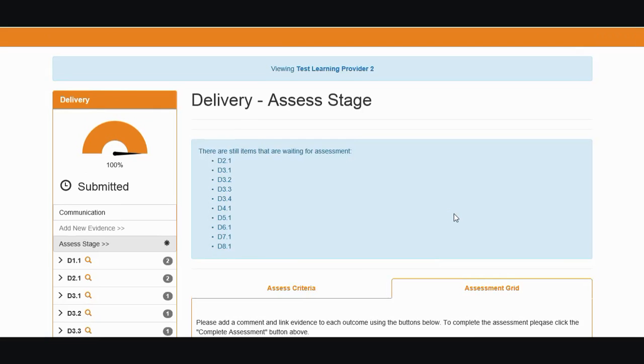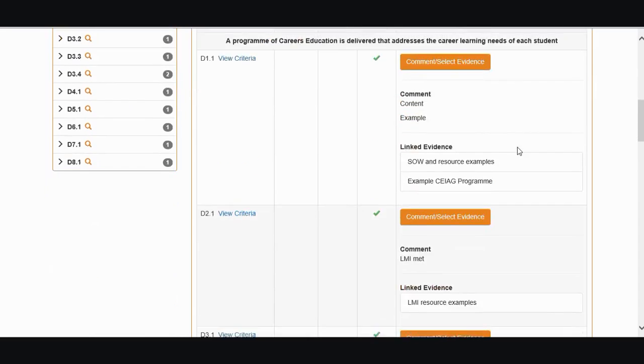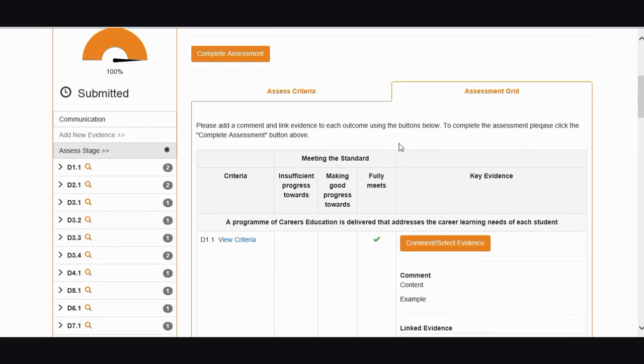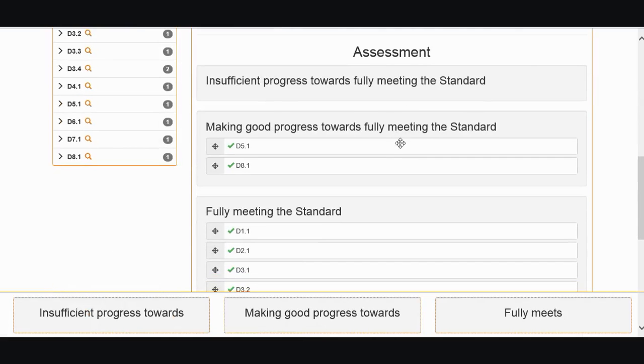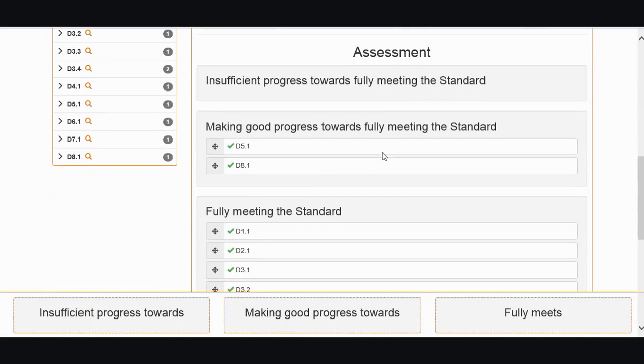I may decide that I've had enough for today and I'm going to leave it there, and that's fine, and I can come back to it and pick that up again whenever I want. Okay, so for the purposes of this recording, I've now gone ahead and inputted and added assessment for the delivery and evaluation stages. The assessment grid has been fully completed, and the assessment criteria has been completed for delivery, and you can see for the purpose of this demonstration,